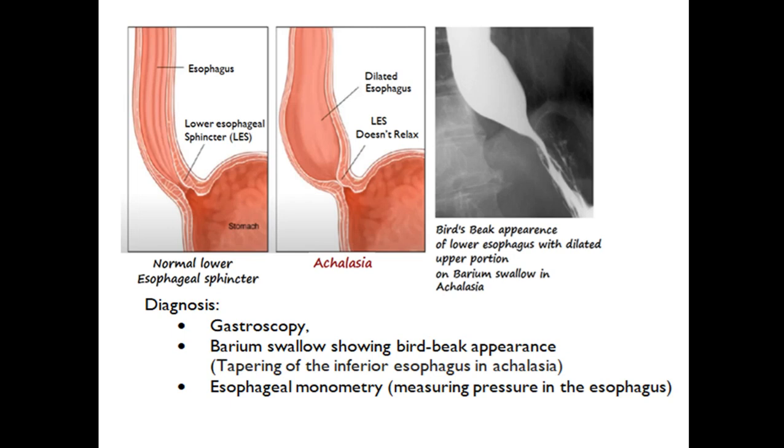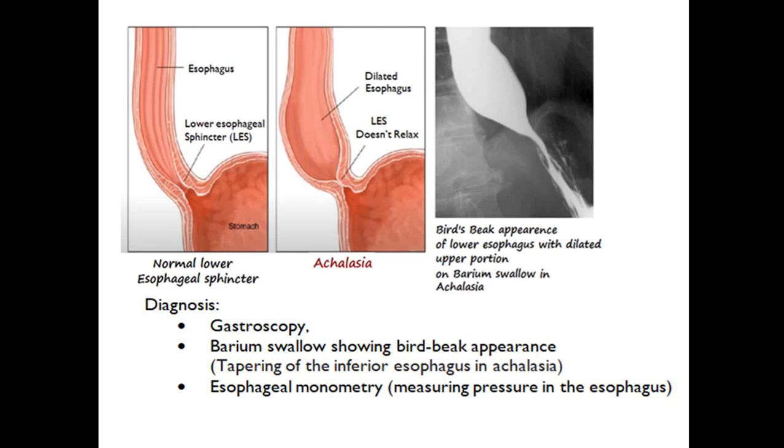may give the appearance of a bird's beak appearance of the lower esophageal sphincter with dilated upper portion, which can be seen on barium swallow, and the dilated upper portion will present as a dilated esophagus, a megaesophagus. For the diagnosis, the most important is the gastroscopy, using a gastroscope or endoscope to confirm the obstruction. Barium swallow,